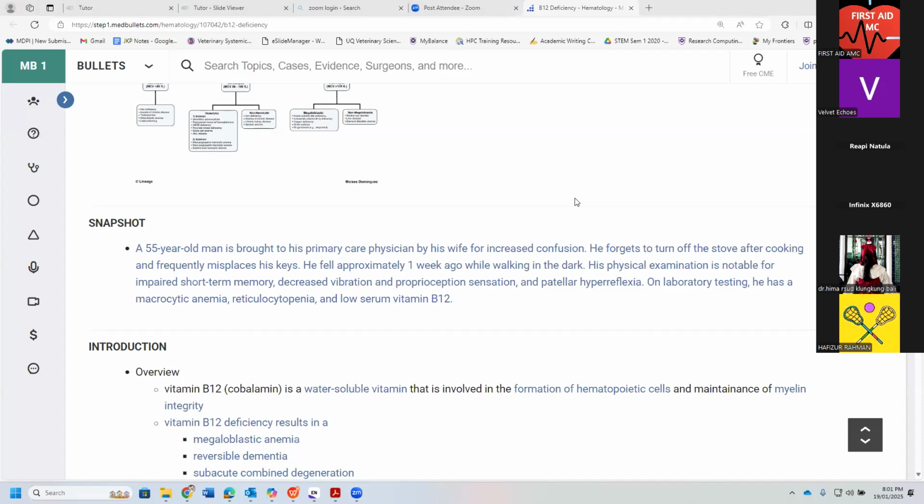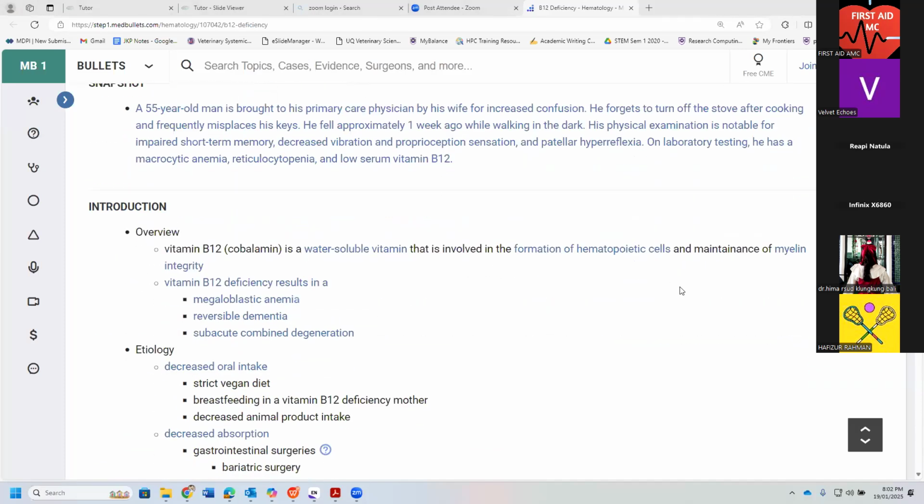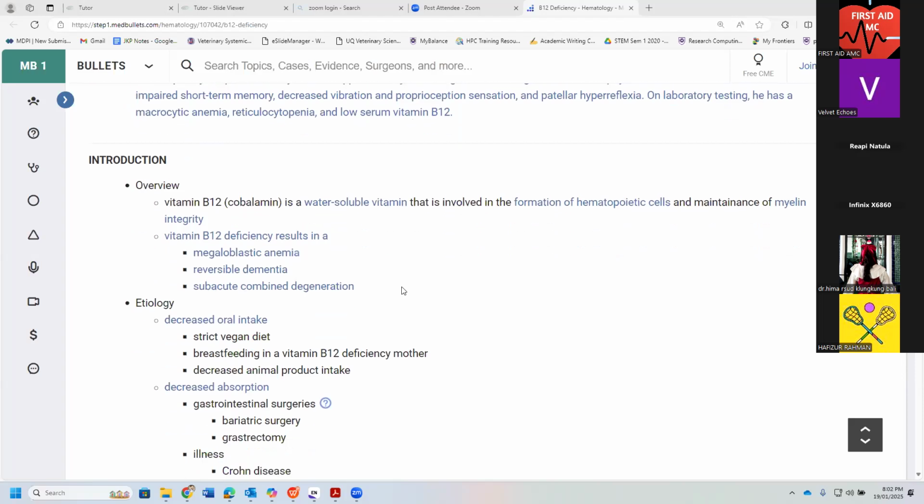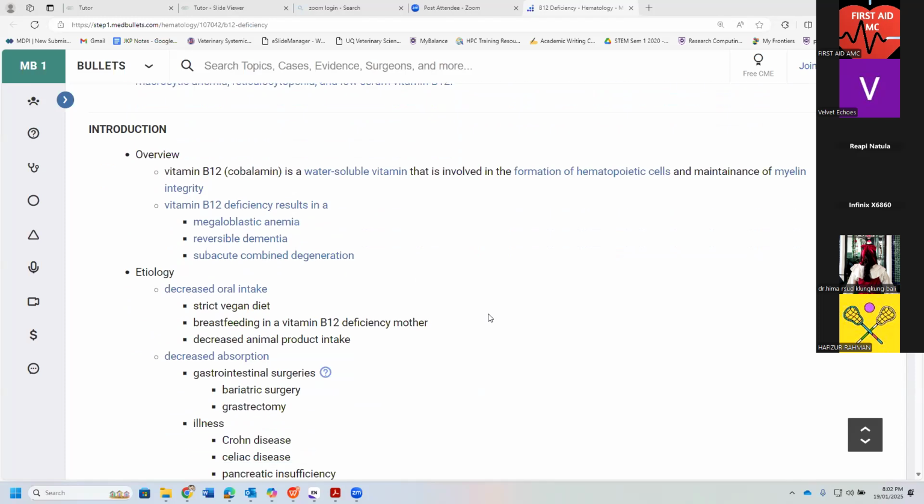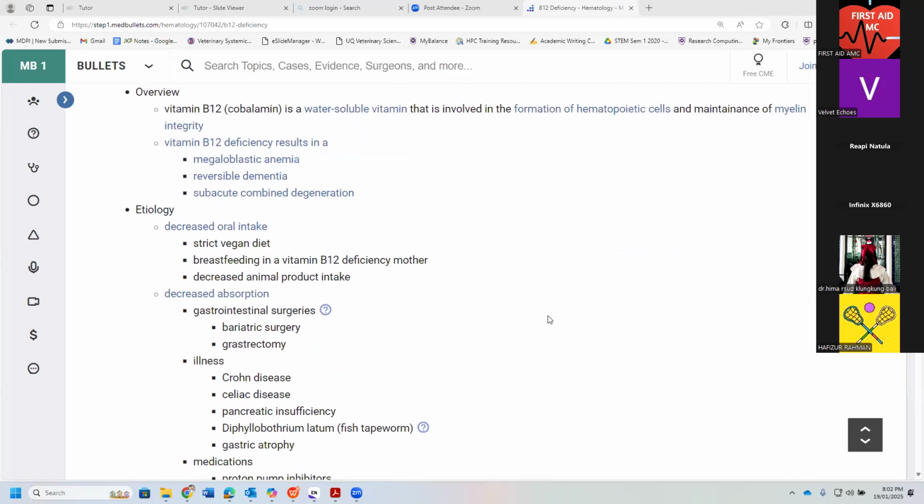And patellar hyperreflexia. On lab investigation, he has macrocytic anemia, reticulocytopenia, and low serum vitamin B12 level. Okay. So we know that vitamin B12 deficiency is involved in megaloblastic anemia, causes reversible dementia, and subacute combined degeneration of the cord. Can happen because of the decreased oral intake, which is like